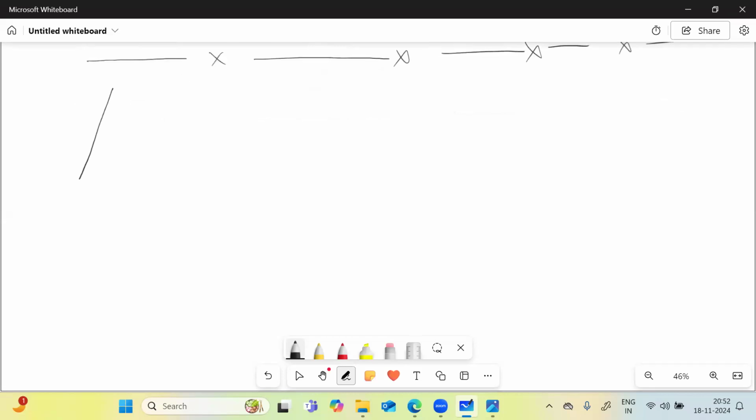Let's say there is a triangle and I'm drawing a line here which is dividing the other two lines. This is the triangle ABC, and I have drawn a line from a point on AB to a point on AC such that this line divides both of the sides of the triangle in the ratio